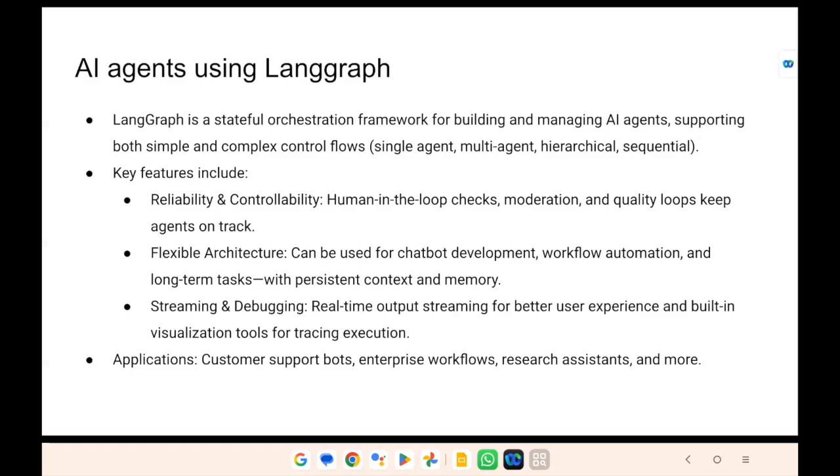But here LangGraph is basically for agents. Agents in the sense that which require some cyclic process. Okay. So an agent can be a single agent, multi-agent, hierarchical, sequential kind of, and all these control flows we can easily orchestrate with LangGraph. You need not say, hey, first you do this task, then go to this node or go to this task. You need not orchestrate that workflow. You give the nodes, you design it, and LangGraph will take care of it.